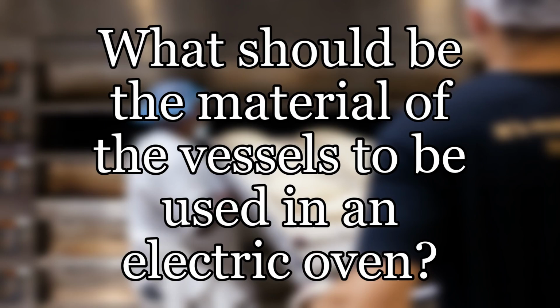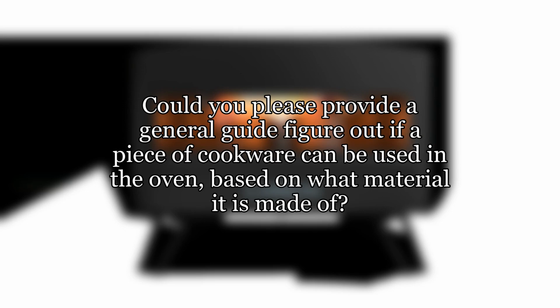What should be the material of the vessels to be used in an electric oven? Could you please provide a general guide? Figure out if a piece of cookware can be used in the oven, based on what material it is made